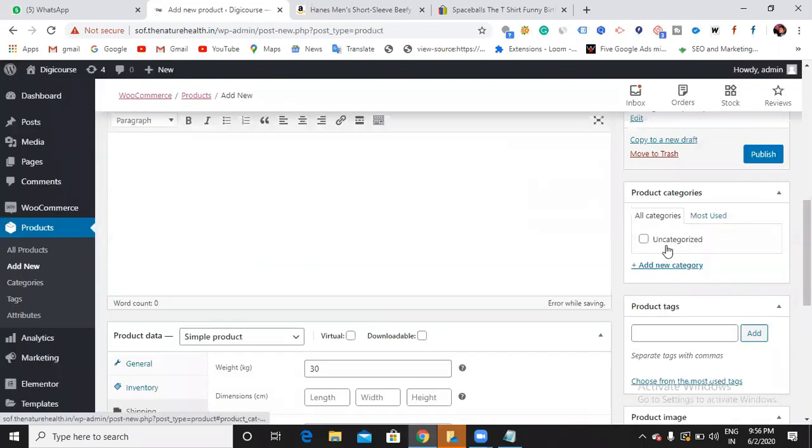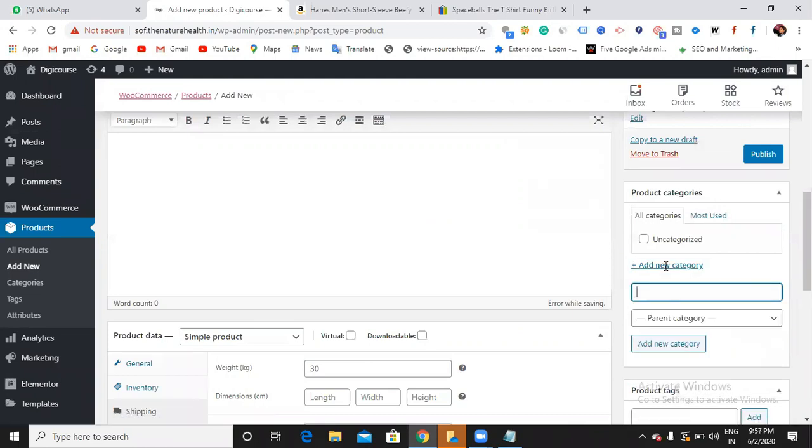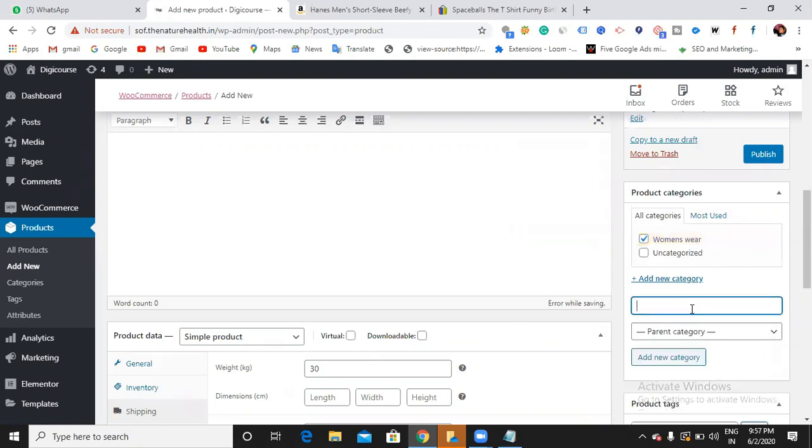If you want to add categories, you can add categories for this product, under which category it comes. Let me go and create. Again, you can add some under women's wear, and a few more subcategories like cotton. If you want to add cotton under women's wear, you can just choose it.